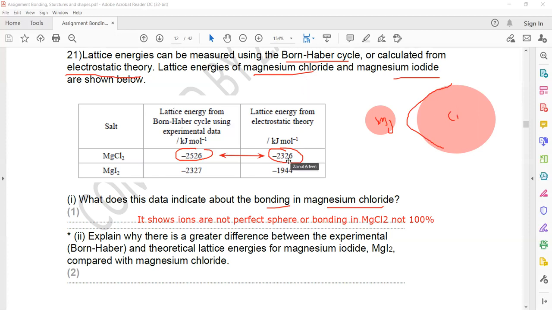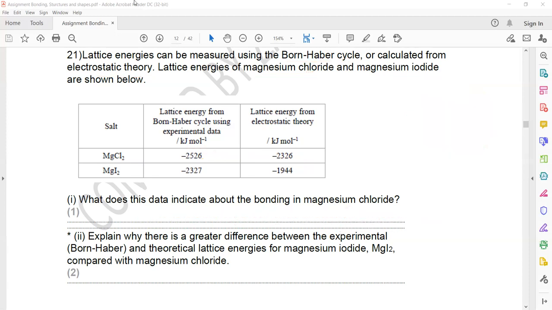The next part: explain why there is a greater difference between the experimental Born-Haber and theoretical lattice energies for magnesium iodide compared to that of magnesium chloride. So when we compare, for magnesium chloride we find a small difference, about 200. For magnesium iodide the difference is about 400 between the theoretical and the experimental. So why is there a greater difference in magnesium iodide compared to magnesium chloride? Basically what happened in magnesium chloride,